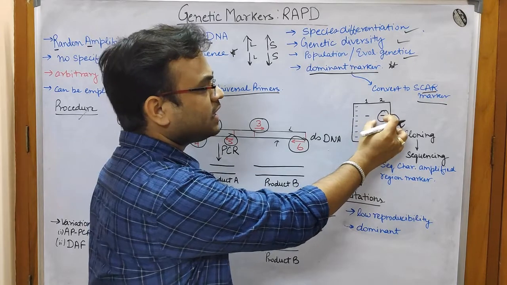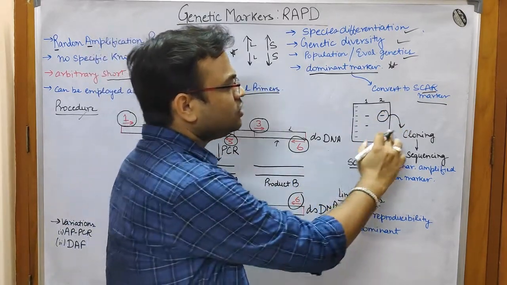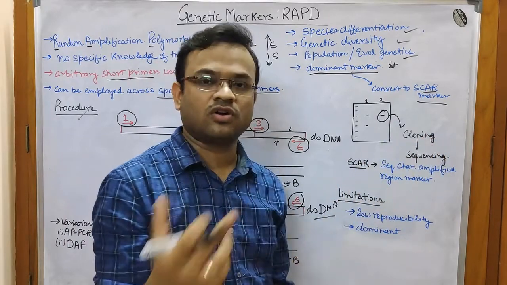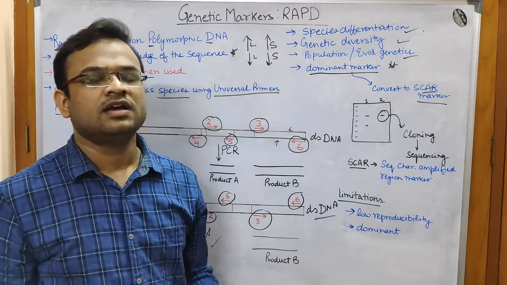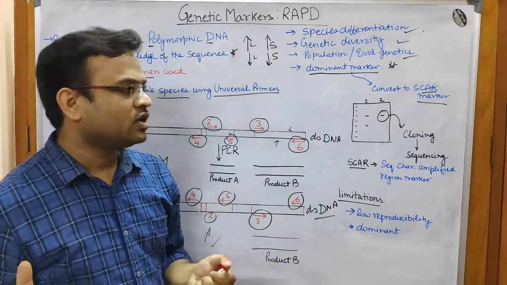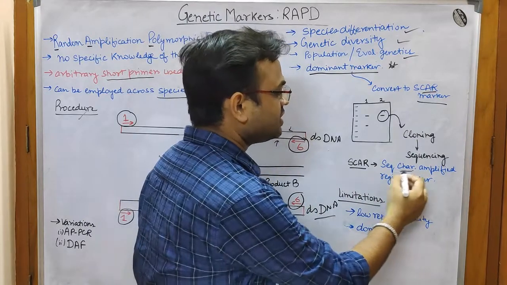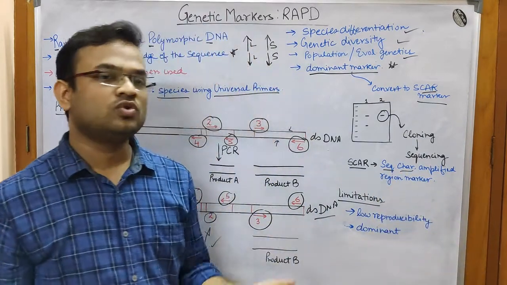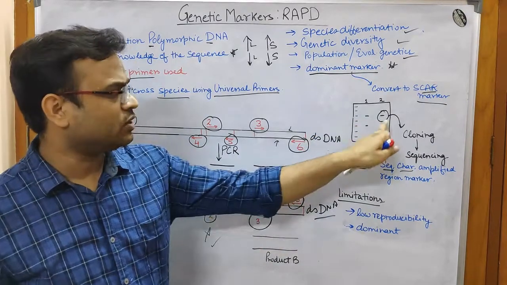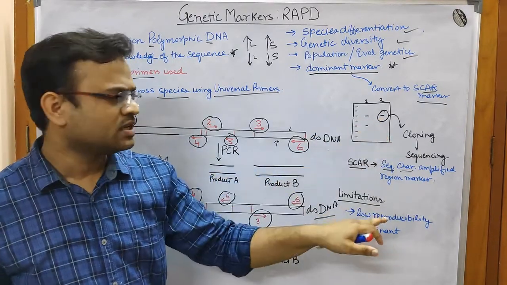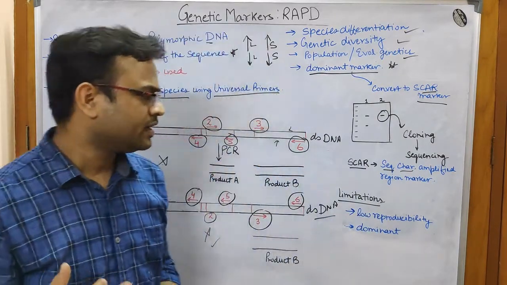you take out the DNA that is present in this band by the elution method, and then you clone it with the help of a clone, then find out the sequence of that particular clone, and next it is characterized. Then you get the SCAR, that is sequence characterized. As the name suggests, sequence characterized, you annotate this particular DNA sequence, then you get the SCAR marker, and this can be used for your purposes, right?